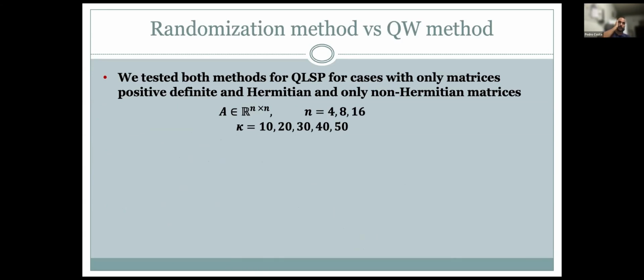And then, okay, now how we did it. How we have done it in these results. We tested these methods, and which kind of matrix we work with. We worked in a specific case only with positive definite Hermitian matrix A, and not the non-Hermitian case in general. The non-Hermitian case is more complicated because you have to enlarge the space to make it Hermitian, etc. So you have to increase the number of qubits used.